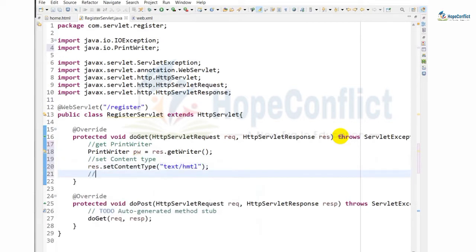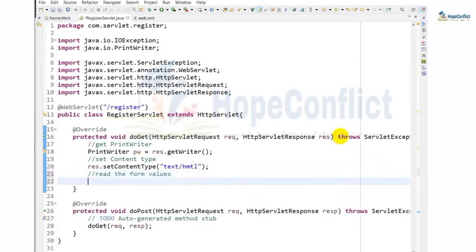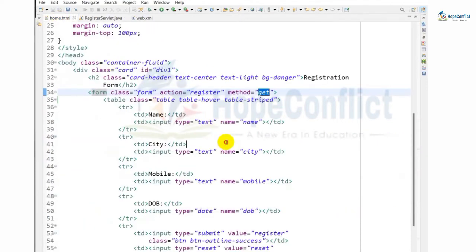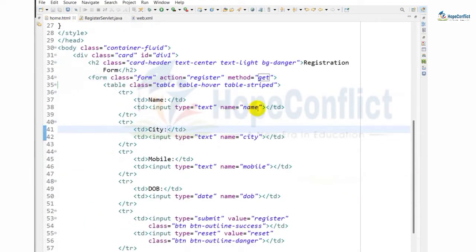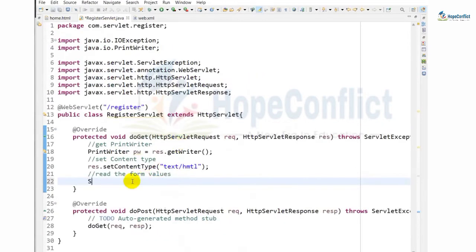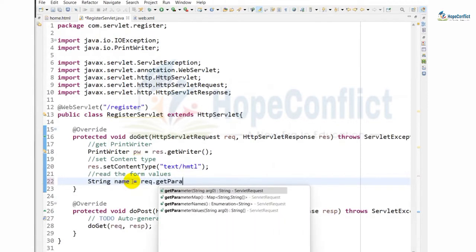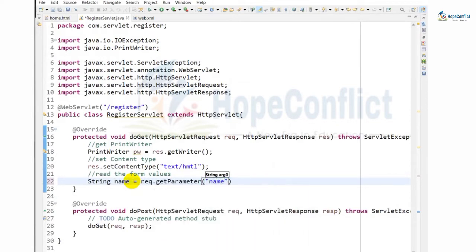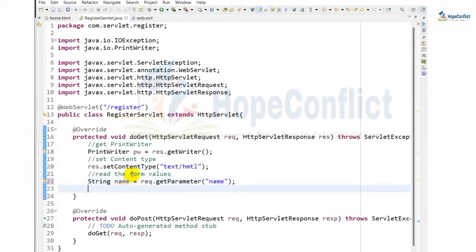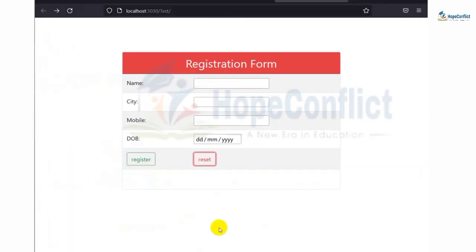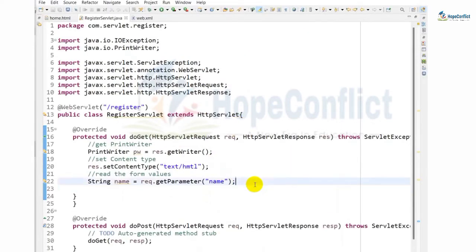Then what we have to do, read the form values. So how to read the form values, by using the request. So in the home.html, whatever we have given as a name, by using that name we can read the values. So how to read the value, first we will take String name as request dot getParameter, and we have to give a name here. So whatever the user will give here in the form data name, that we will read here. Next Control Alt down